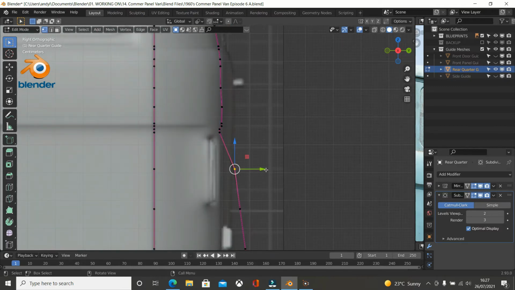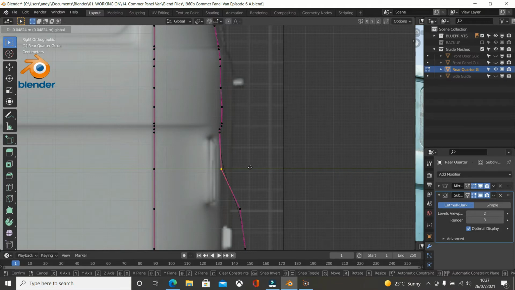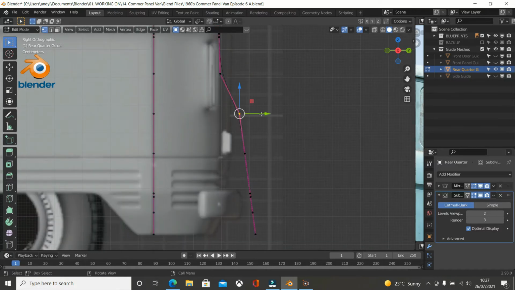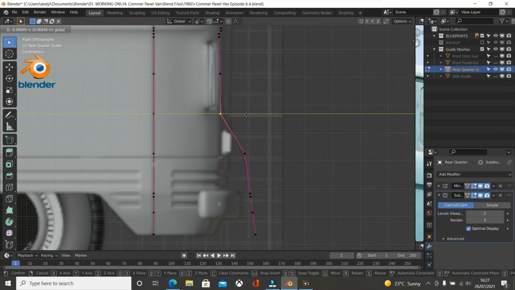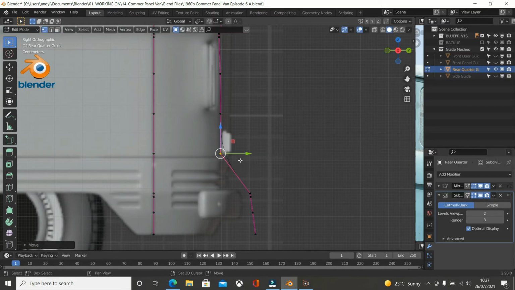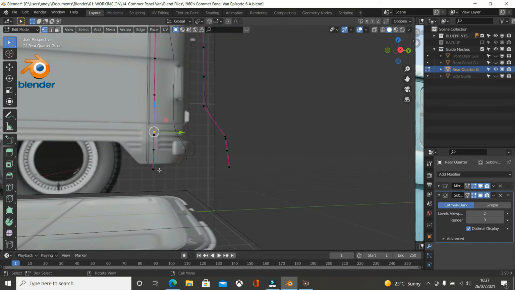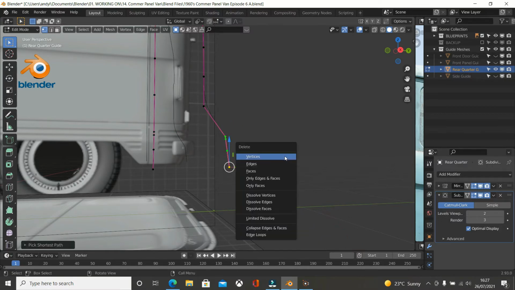Now we're going to bring this one in. So I'm eyeballing this line here. So bring this in to here, this in to here, and then we've got this sort of angle going on. Yeah, I want to keep that angle, so I'm going to delete these. So X,